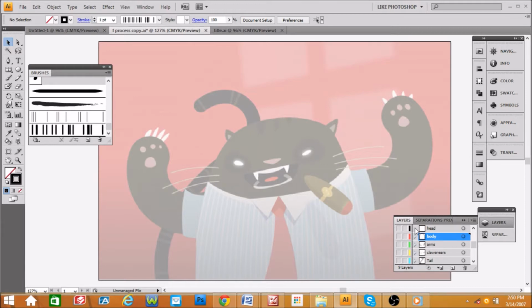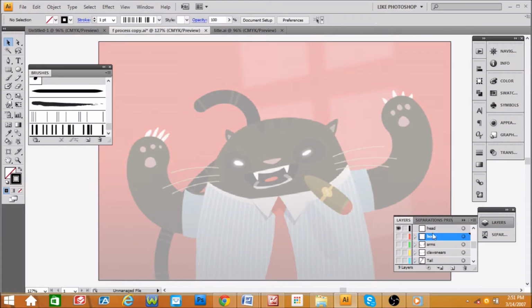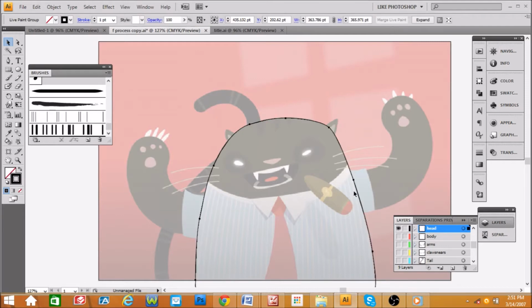Alright, so go backwards, Control Z, Control Z, Control C, turn off this layer, move to the head layer, click the screen, Control F. Good. Alright, so what we're trying to do is to create an outline of just this part, going down the collar